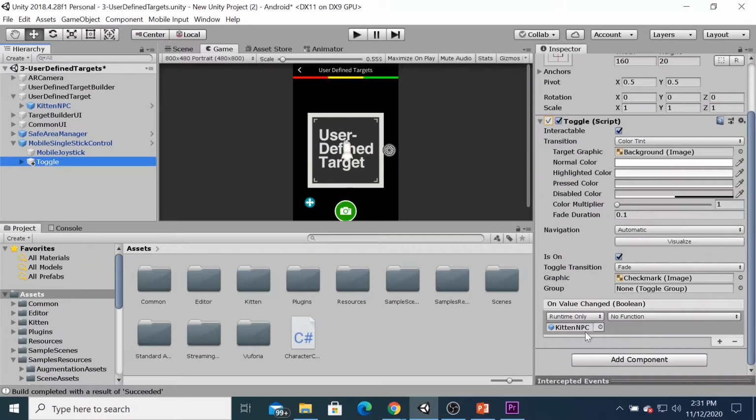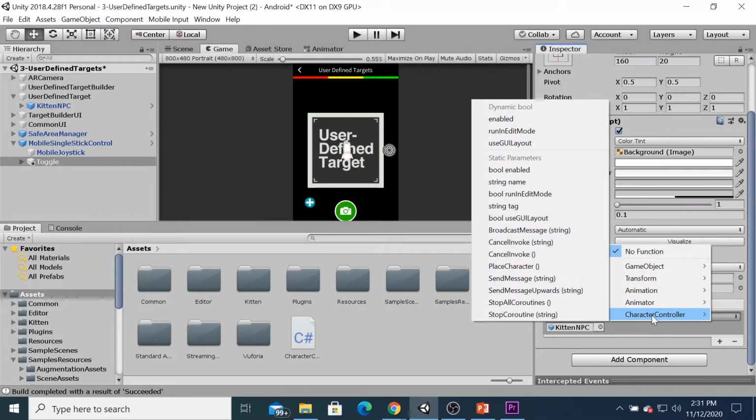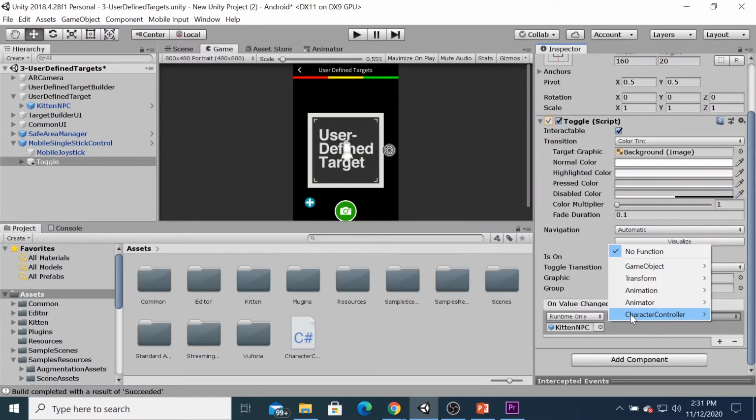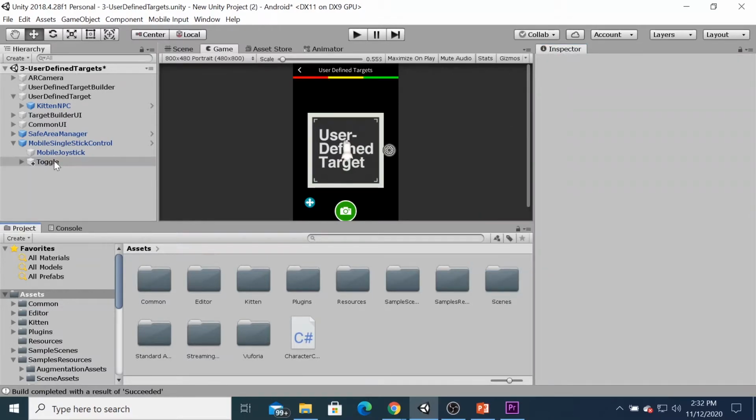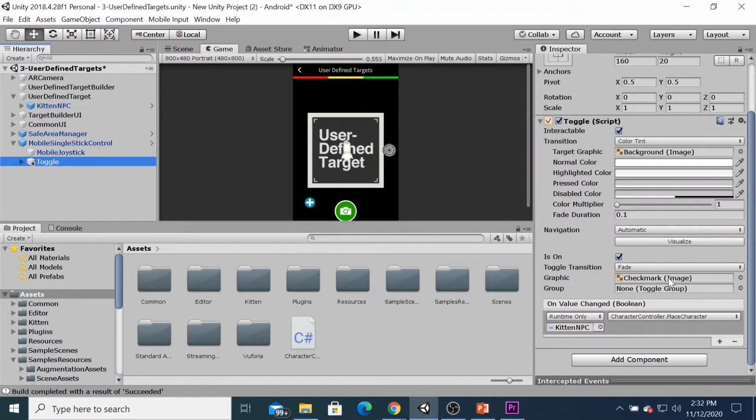You have to make sure when you drag and drop this 3D object into the on value change, you select a function here and select the character controller. The name should be similar, character controller here. Then you select the place character function. Next one, you need to check here. Ready. This is the 3D object, and you already assigned the C# function, which is the character controller dot place character.